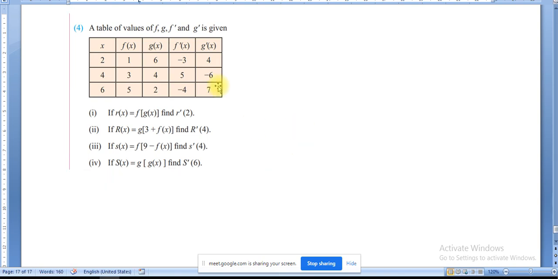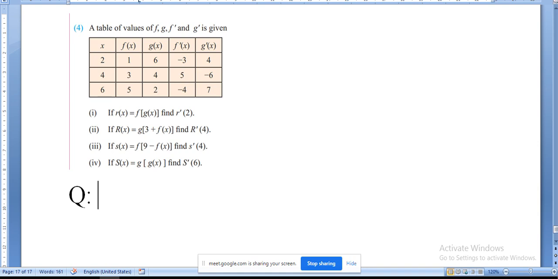Okay, we shall be doing this example now. A table of values are given and we are supposed to find out the values of these. Before doing this example, let's have some recalling of the 11th standard. Now take this question, one question. All of you kindly take this question please first.